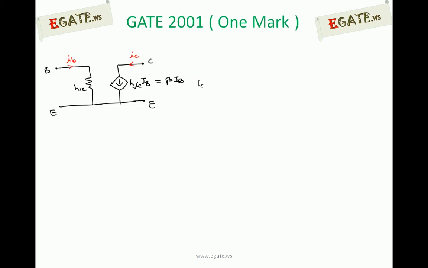We know this is the h-parameter model of the common emitter amplifier, and for that we have two versions. One is exact analysis, the other is approximate analysis. This is the approximate h-parameter model for the common emitter amplifier, where the emitter is the common terminal, base is input, and collector is output. So base current is input and collector current is output. hie is the input impedance looking into the base terminal, and hfe IB is nothing but the current gain. So you can also write it as beta IB.